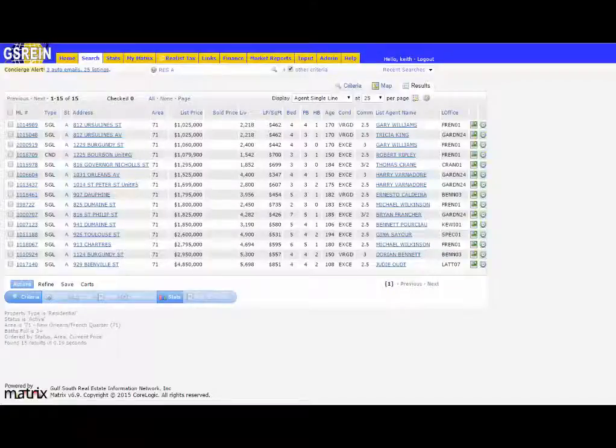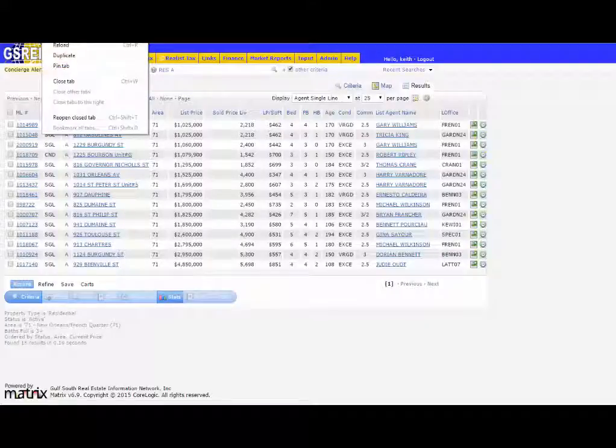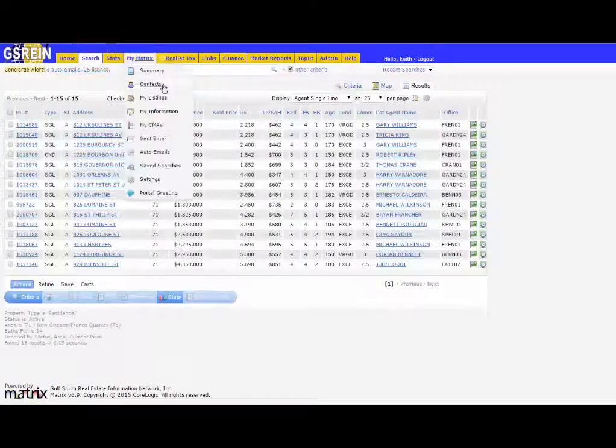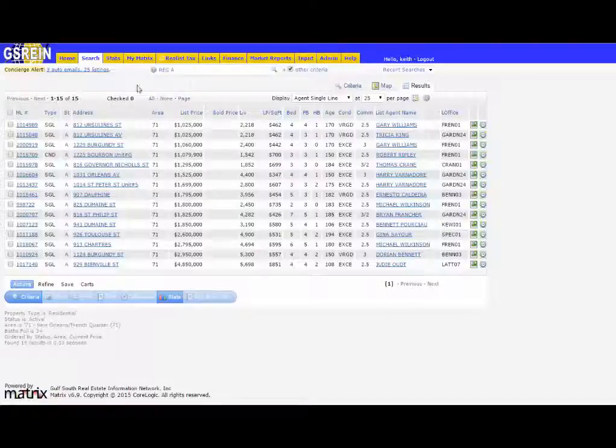And if you go to the tab at the top and right-click on the tab, you'll notice there's an option to duplicate this tab. So when you hit duplicate tab, now all of a sudden I've got 2 tabs which are the same thing. And since the top of this screen is cut off, you're not seeing these tabs, but what this does now